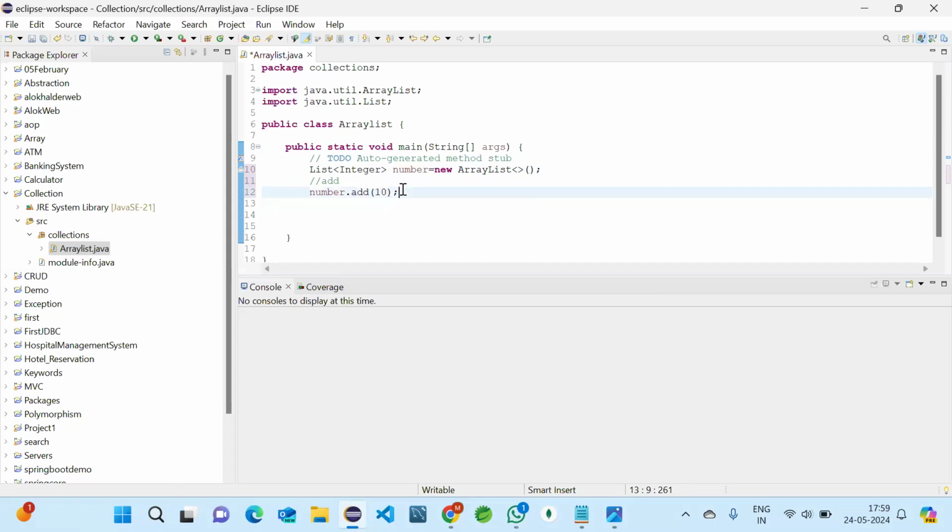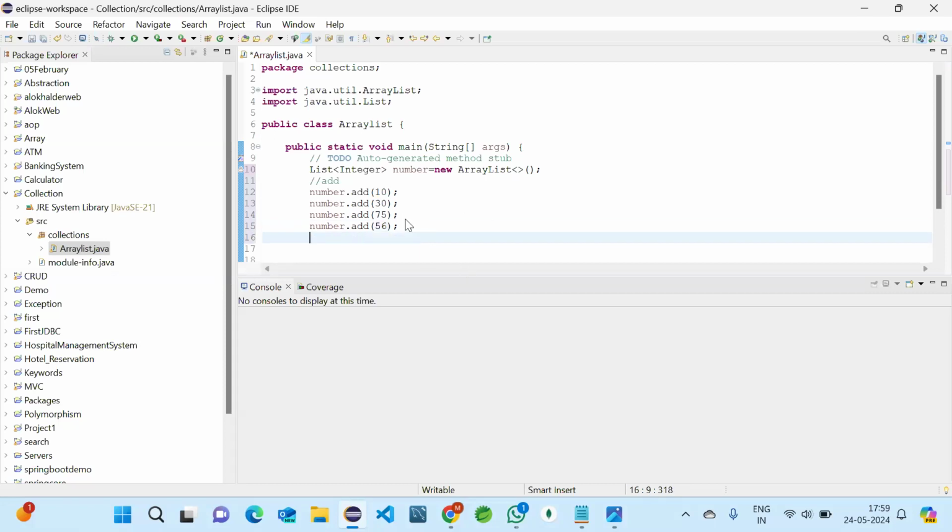If we want to add a few more, I'm copy pasting this. So I'm adding 30, I'm adding 75, I'm adding 56. So for now I'm adding 4 elements.